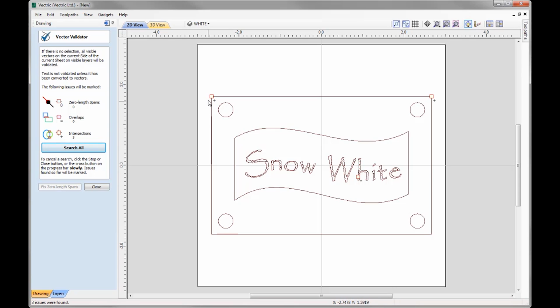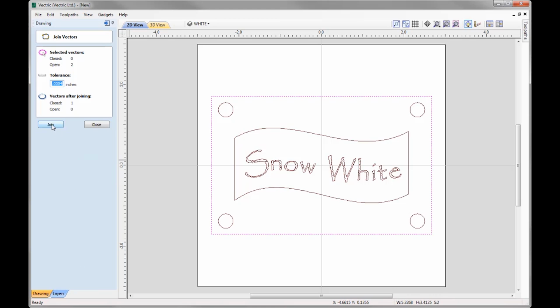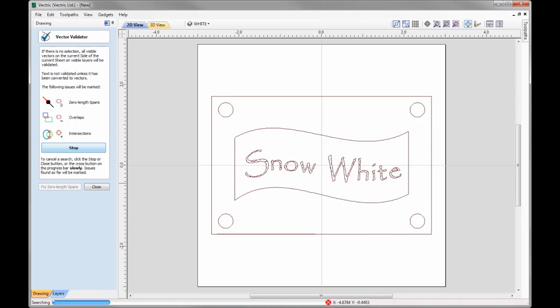At the top here I can see we have an intersection here and an intersection there. So let's close out to take a look at what this is. On the face of things it looks as though we have one rectangle. Now if I click on that shape we can see that the rectangle is actually made up of two vectors and it's not actually a closed shape. So I'm going to take those and look at joining them. So we'll join that, close that down, back into the vector validator, search all, and that's now eliminated that problem